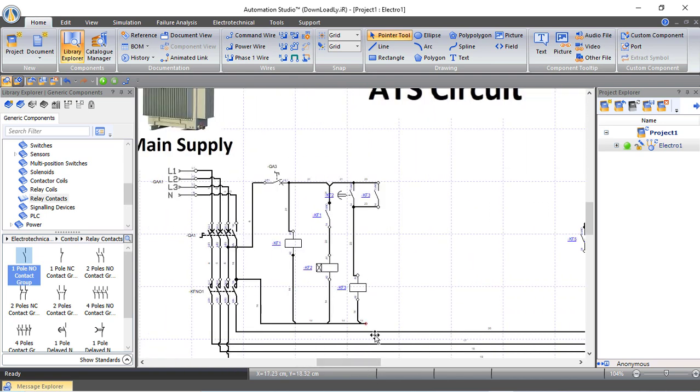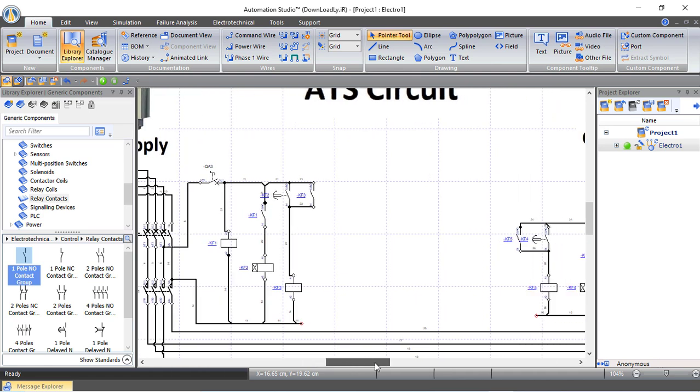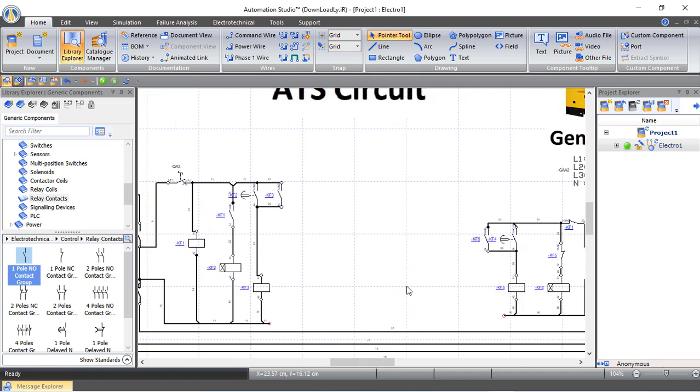So to ensure that this will never happen, we have to make an electrical interlock, as we did in star delta. So we can create here a closed contact from this contactor, and here a closed contact from this contactor, to ensure that they will never be working at the same time,